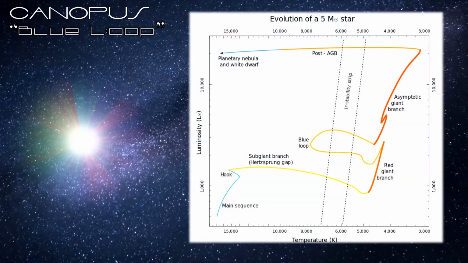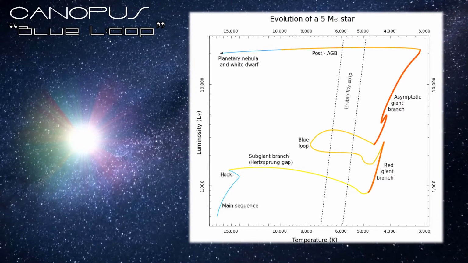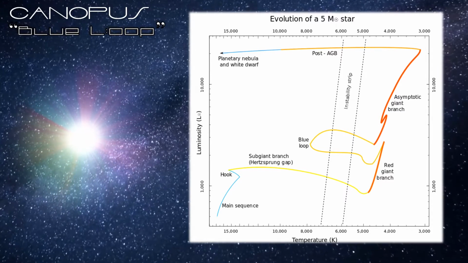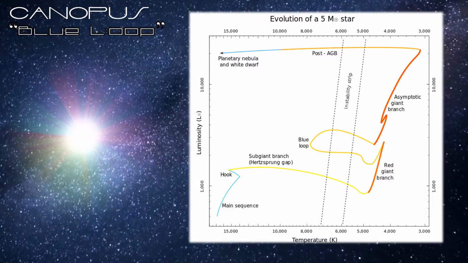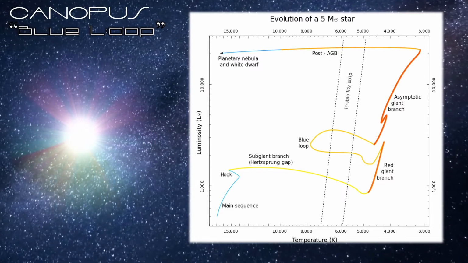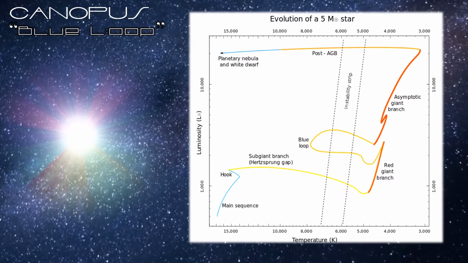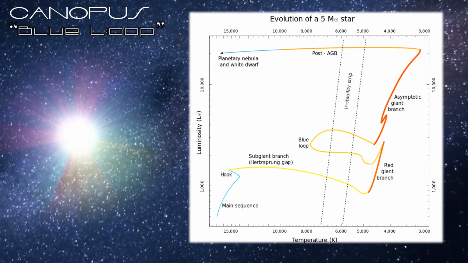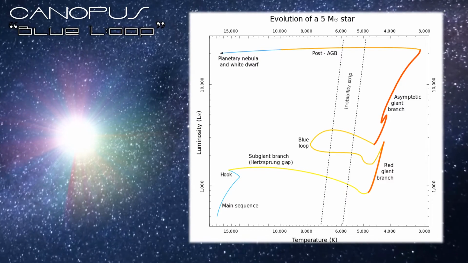Now Canopus itself is quite an interesting star because it's in the process of the blue loop in its stellar evolution. As we can see here, once larger F and A-class stars of around 5 solar masses, perhaps a little bit more, leave the main sequence, they become much cooler and go into a red giant branch. Now, this is normal knowledge, but interestingly, once they've done that for a while, they actually then turn backwards and return to having surface temperatures back towards the 8000 Kelvin mark. So the star decreases in temperature, then re-increases for a small period in its lifetime, before going back to being red giant again. It's quite interesting, isn't it?